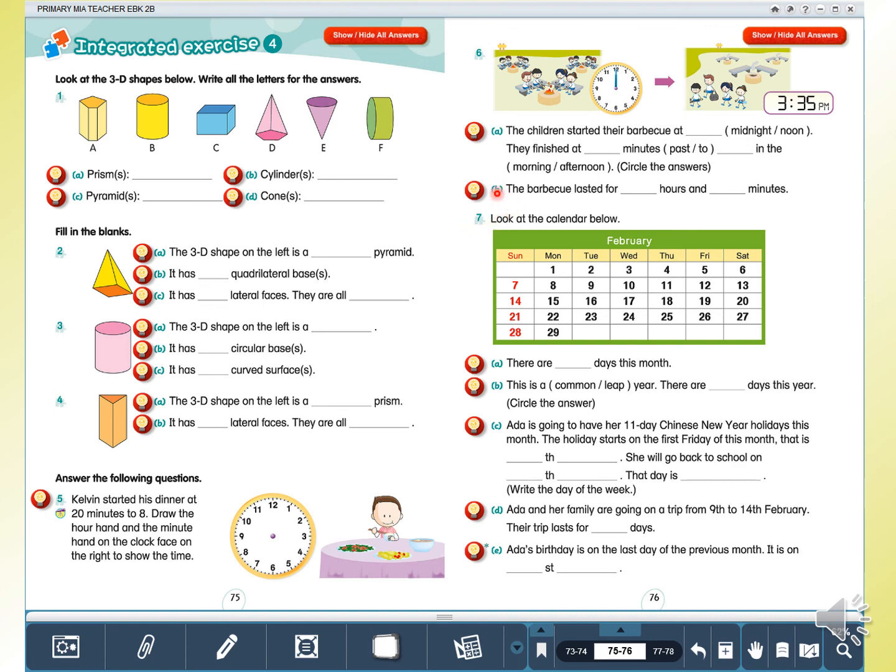For question number 7, part C, you try to count the 11 days in which the first Friday is the first day. But remember, the last day of the holiday is not the day Ada will go to school. She'll go back to school after her holiday has finished. For question number 7, part E, it says that Ada's birthday is on the last day of the previous month. Previous month means the month that comes before February. You also need to know the number of days in that previous month. The last day of that previous month